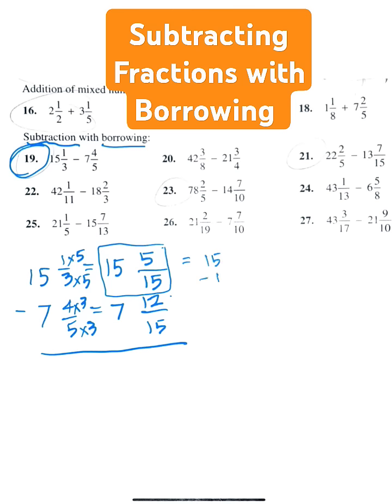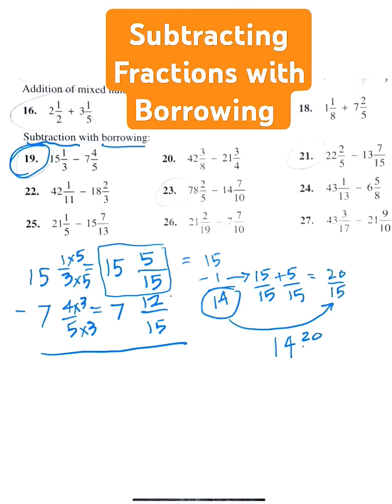15 minus 1 is going to give me a whole number of 14. Now that 1 that we borrowed, we're going to add to our fraction, but that 1 becomes 15 over 15. I'm going to use that 1 and add it to my 5 over 15 that I already have. So 15 plus 5 is 20 divided by 15. And now, if I take my whole number 14 with the 20 over 15, I have 14 and 20 over